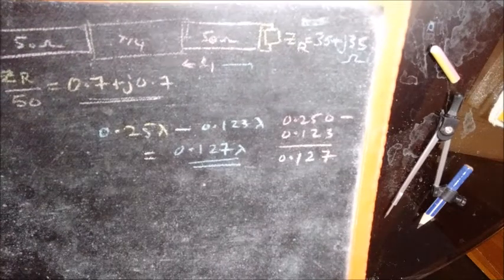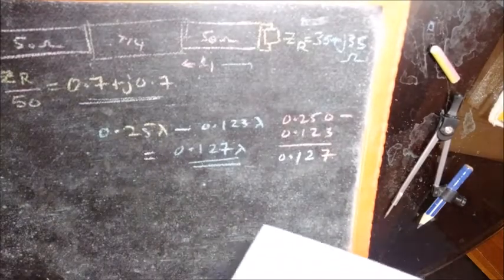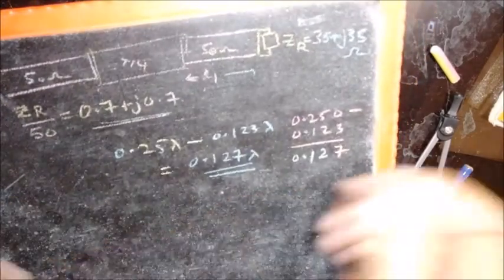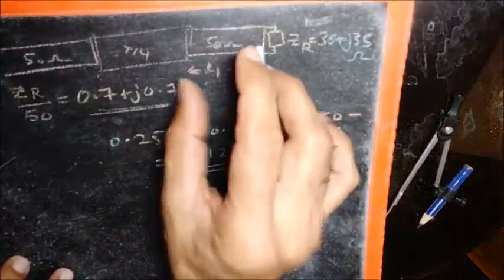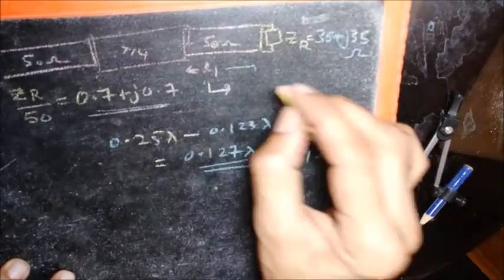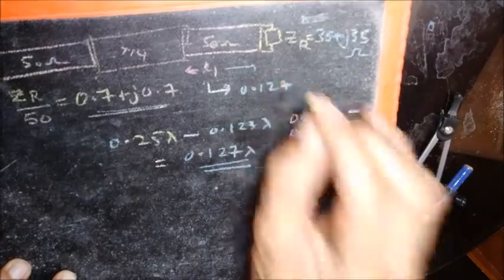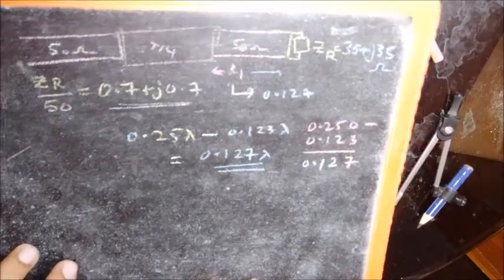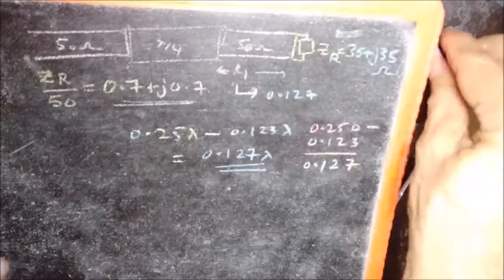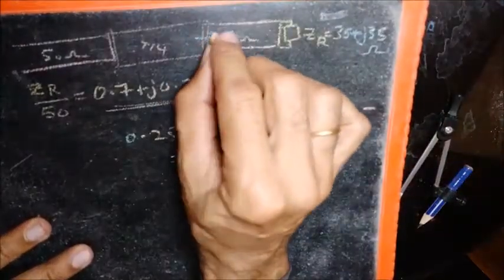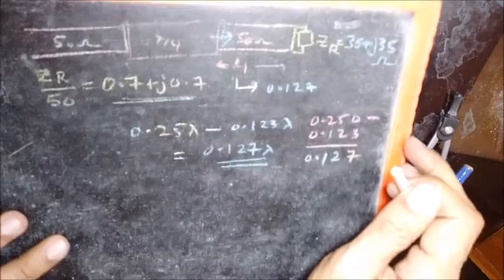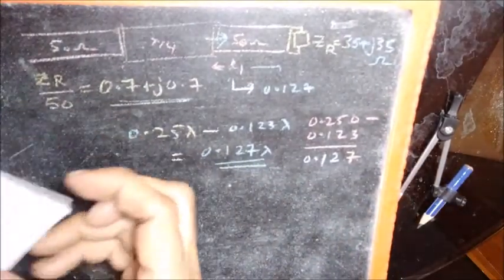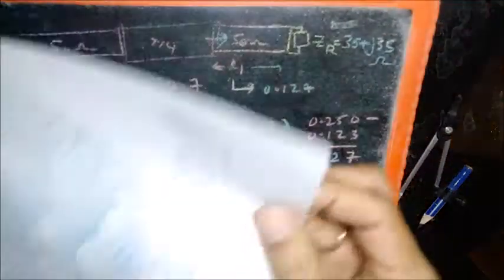All the effort that you have to put here was just to locate a few points on the Smith chart, which will become very easy once you are used to the Smith chart. So this part L1 has been successfully determined to be 0.127. Next, we quickly try to find out what the input impedance is here, if L1 is 0.127 lambda. Now that can also be easily read from the Smith chart.